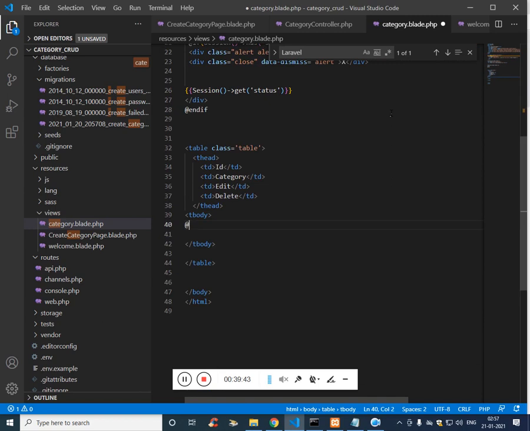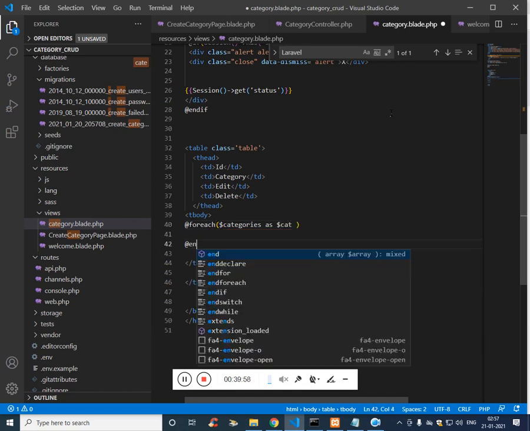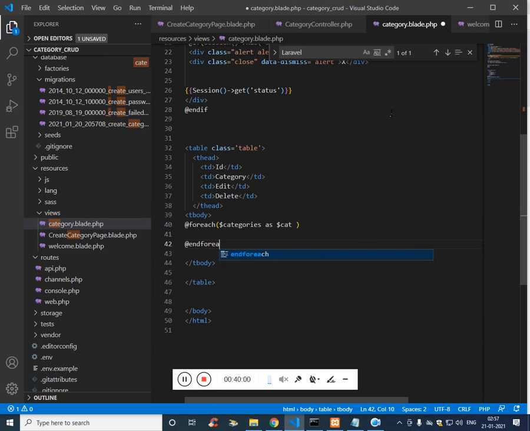So for that, foreach, we received the data from the model and we are going to use it as category, @endforeach, and here table row.